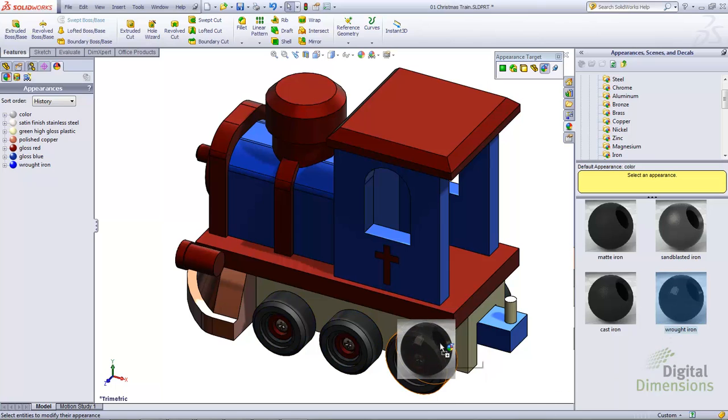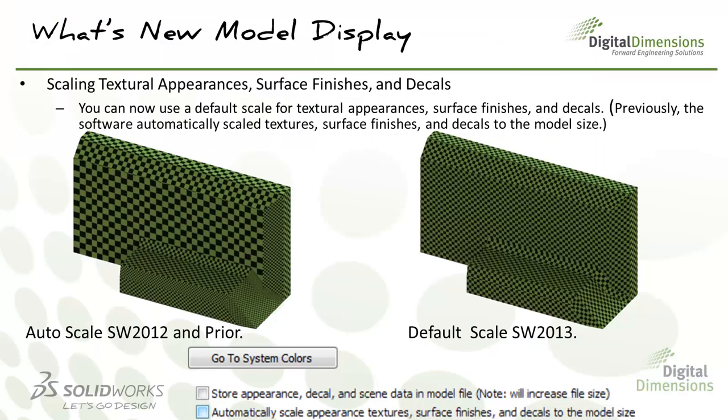And I'm going to go ahead and change this back to wrought iron. And with that, let's get back to the slideshow. And the next great enhancement for SolidWorks 2013 is in regard to appearance scaling. In the past, when we applied an appearance or a surface finish or a decal, SolidWorks chose to scale that item to the model. Okay, well now in SolidWorks 2013, they're giving us the ability to turn off that option